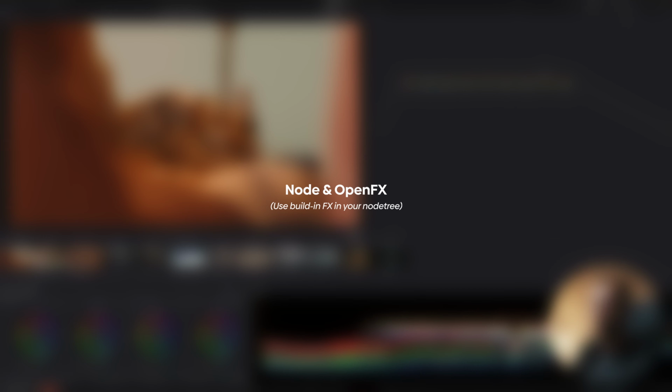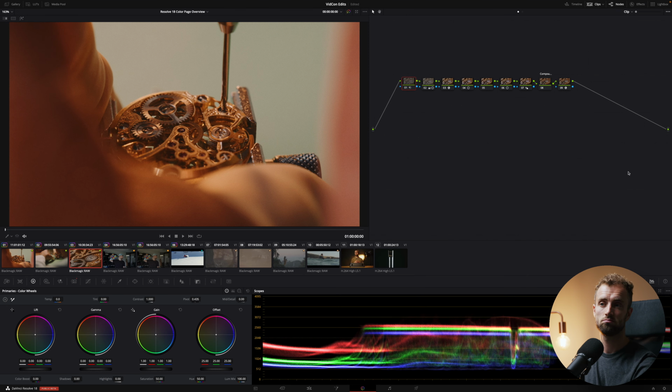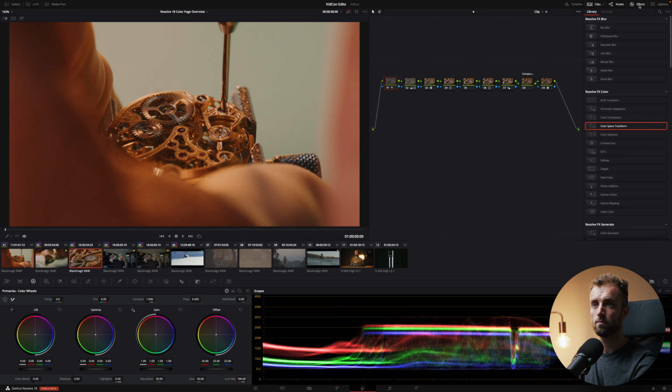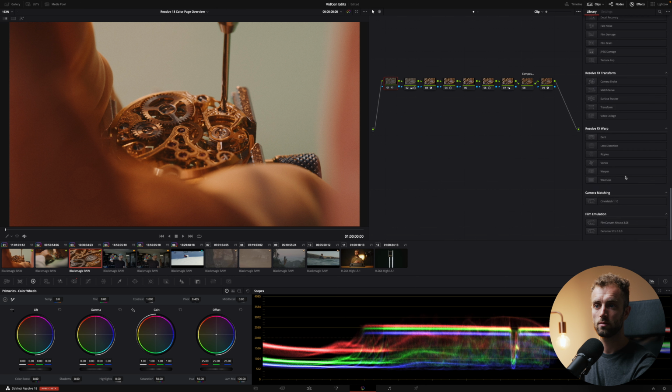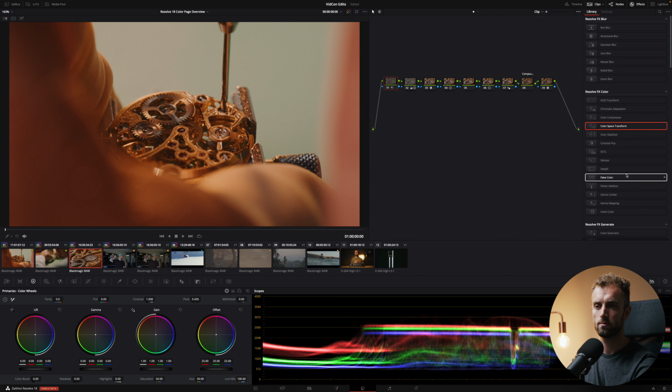All right, next up, we've got the node tree place, which I'll go over in much more detail later. We've got the effects panel, right? Many effects. There's actually a couple ways to add in effects.